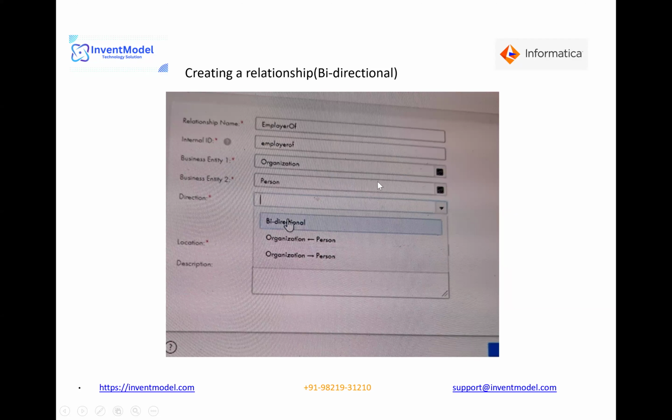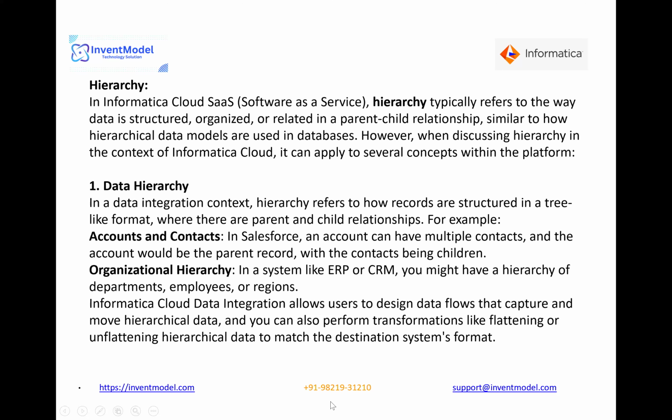So now I would like to invite Dhiren sir to explain more on the hierarchy. Thank you. Yeah,